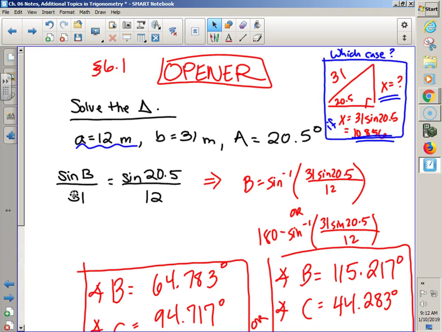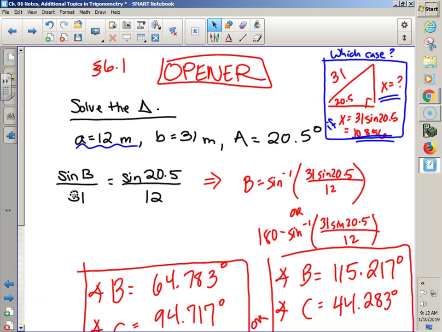What's the other mathematical way of doing it? When you go to find B, what do you have to do to both? Sine inverse, what should you check? Or 180 minus. And how do I know, just looking at these two, how did I know both of them are possible? I compare these two with 20.5. Can 64 something and 20 something leave room for another angle? Mm-hmm. Can 115 something and 20 something leave room for another angle? Mm-hmm. So even just the math, if you just get to, hey, sine inverse, 180 minus sine inverse, that's why